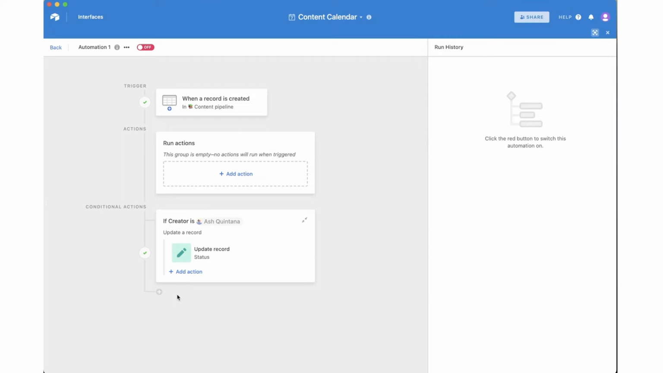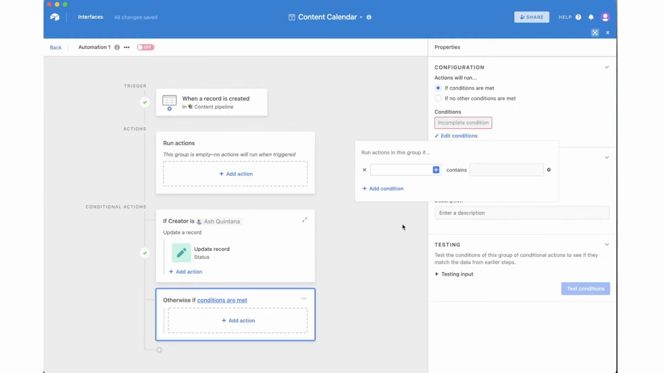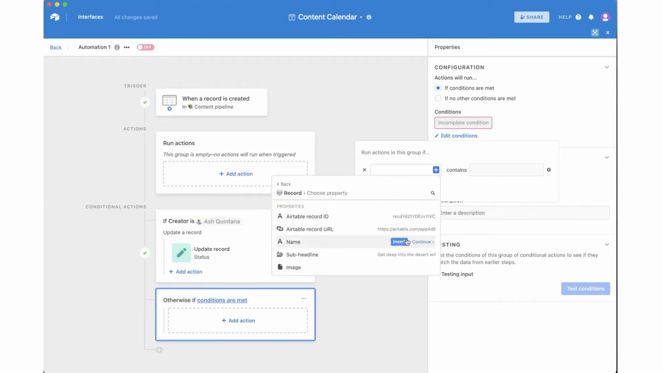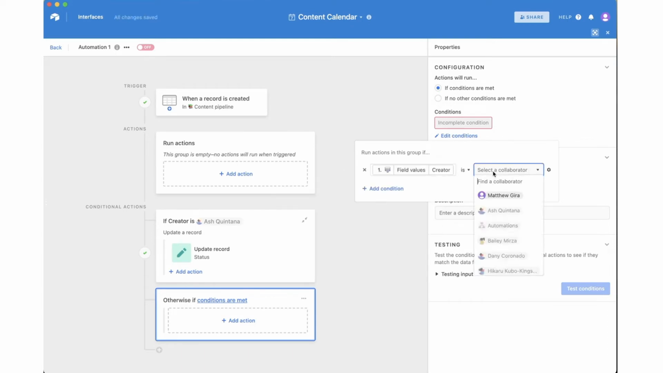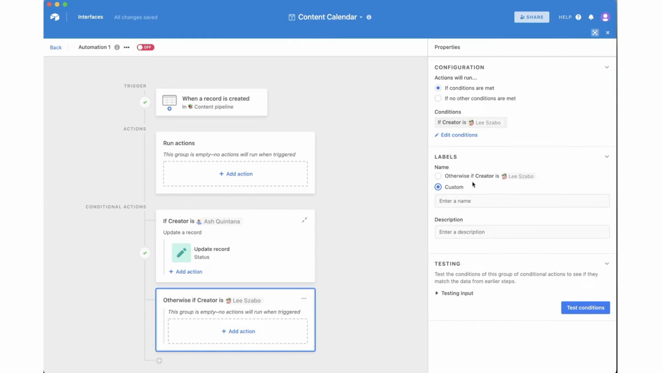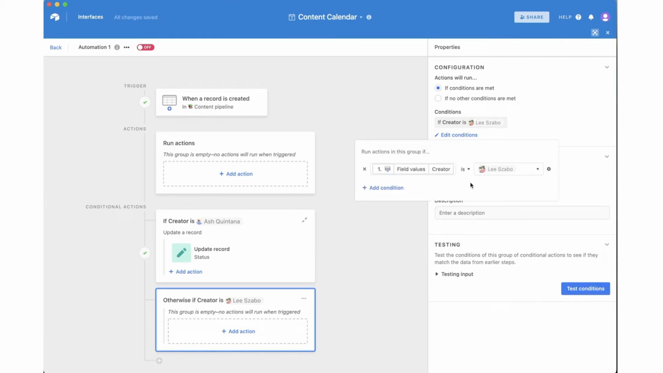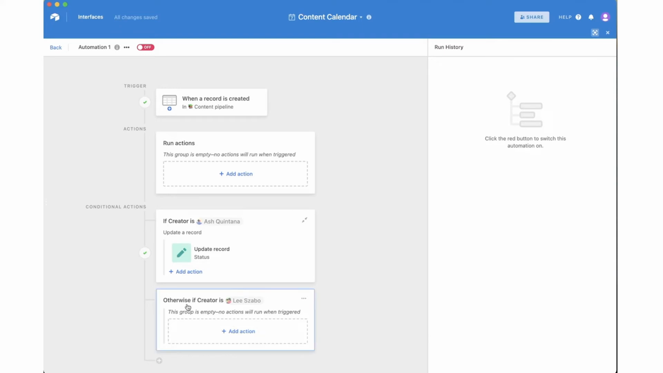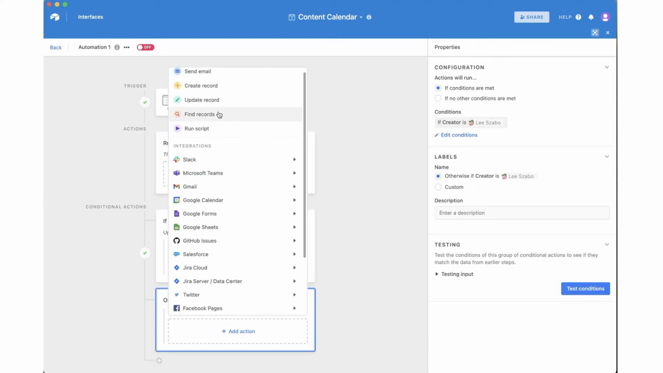Well, essentially what we need to do is kind of repeat those steps and just change the status. So to do that, what we need to do is hit this plus button again, and you'll see it's like the same steps. So I'll hit this plus button, I'll pick the record, and I'll pick the collaborator or creator in this case again. And this time, let's pick Lee for this case. And if it's Lee, I want the status to be in progress. So now that we have, if the creator is Lee, I'll hit add action,